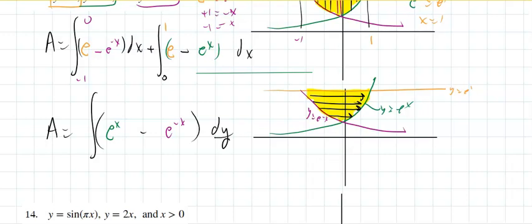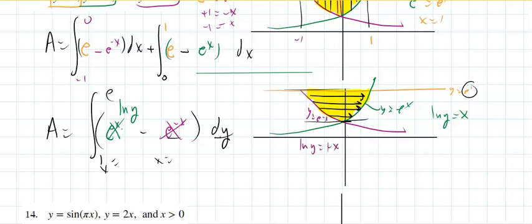This can be a dy and this would be an x. Oh, and it's going to run from y equals 1 to y equals e, because now I'm looking at it horizontally. If this is a dy, this should be x equals and x equals. Let's go to the green. The green equation says y equals e to the x. Doesn't that mean x equals natural log of y? So instead of writing this, you really want to write natural log of y, which is y equals e to the x. And instead of writing this purple, you want to say, well, natural log of y equals -x. So x equals negative natural log of y. And my answer will be